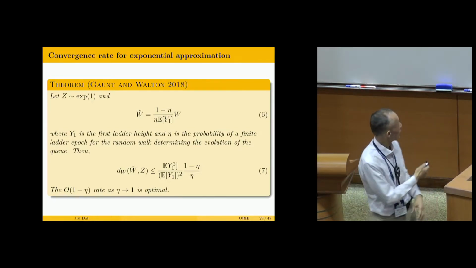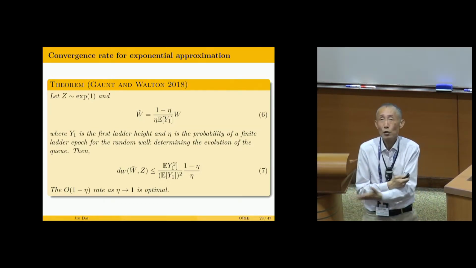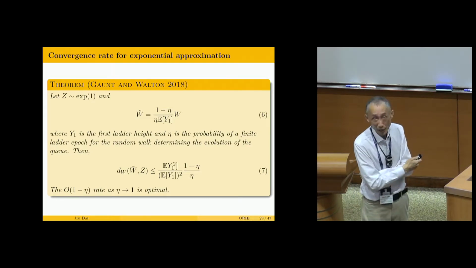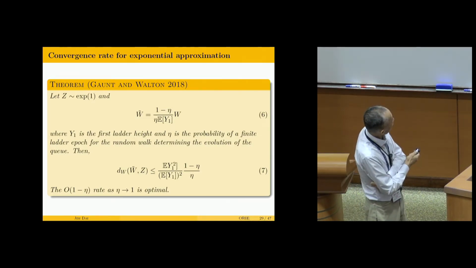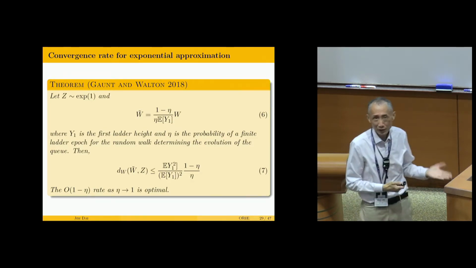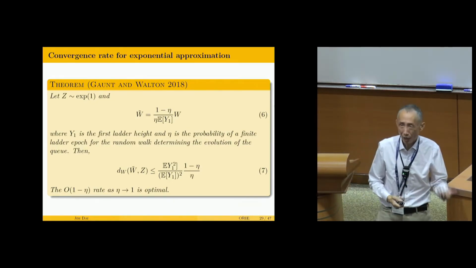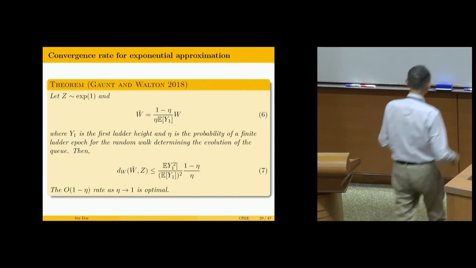This paper has that, and other work has established that for the so-called M/G/1, the Poisson arrival process. This result here I want to put on the slide, but it's not quite satisfactory in the following sense. The quantities eta and Y1 are in terms of the ladder height, because there's a representation